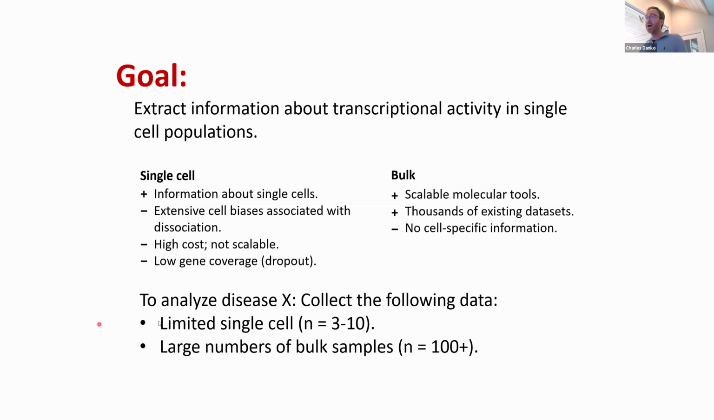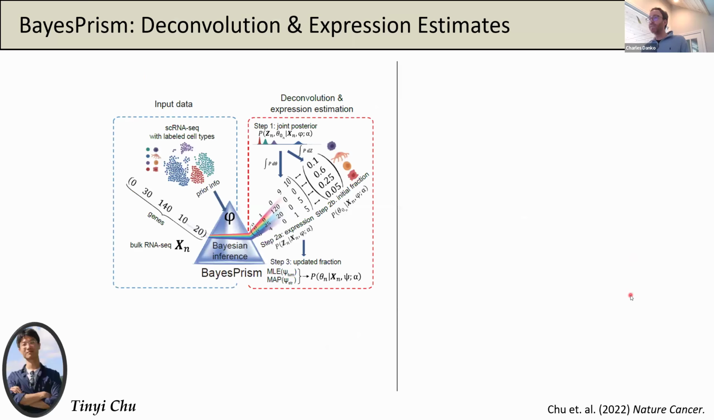And using these, basically using computational data integration strategies, could we then take the bulk data, use the single cell data that's well matched to it, and extract as much information as possible about each cell type in the bulk data? So Tinyi developed a method to do exactly that, which is called BayesPrism, which was published now several years ago,